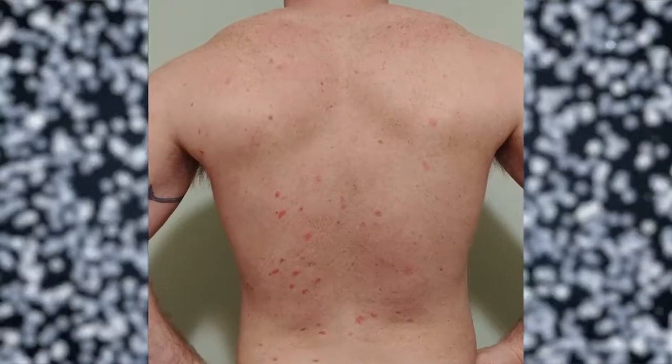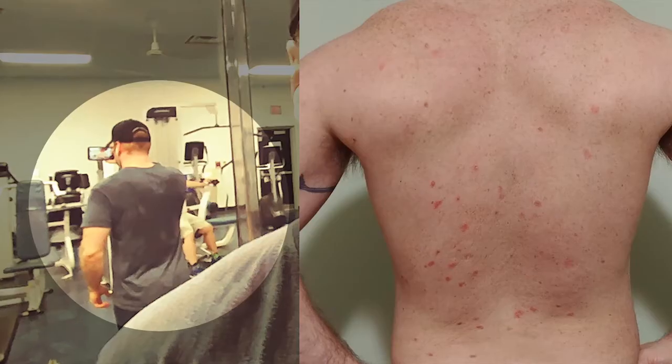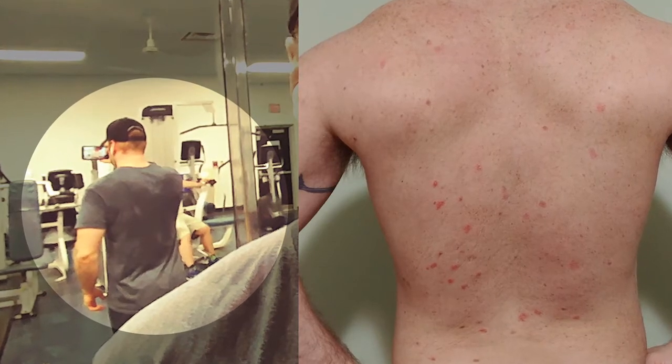And this month has been particularly brutal in terms of the weather. Where I live in Canada, it's been sub-zero temperatures for at least the past 30 days. And I think it was just the perfect storm. I noticed there was a flare-up in my lower back. However, after a 30-minute cardio session, I took another picture and noticed that it lines up pretty consistently to where